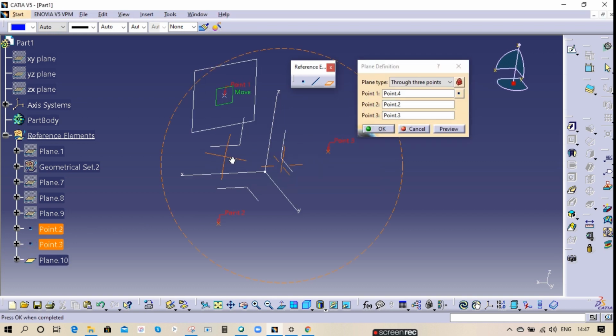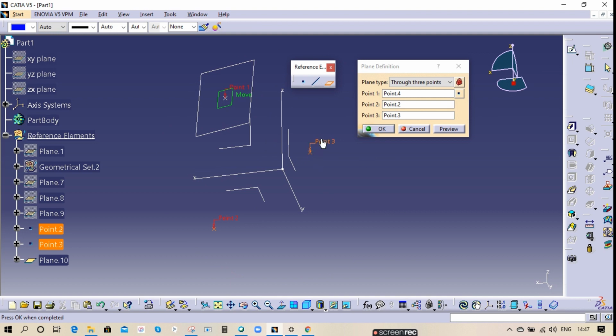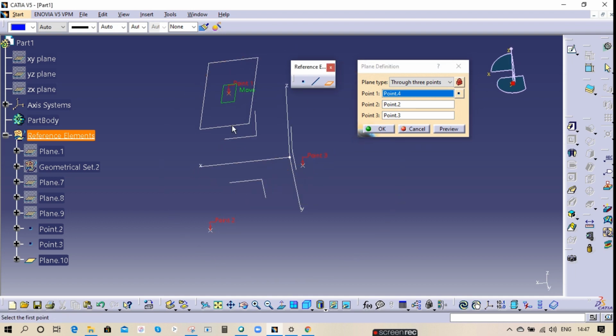See, the plane has come here. In the same way, if you want plane in the point 3, the first point you have to select here, this one, and the second one, whichever you need, you can take this one or this one. So whichever you choose the first point, the plane is gonna place there. If you change the point values, the plane also will move accordingly.